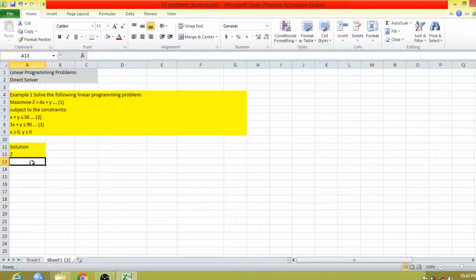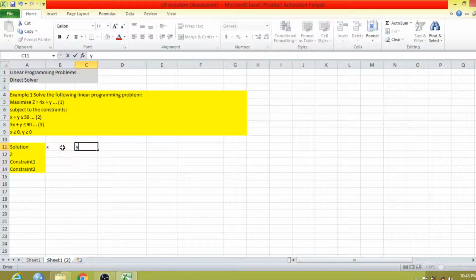Then we have two constraints, constraint 1, constraint 2, then the values of x, y. These are the two variables which have been given, and our objective function is maximize.